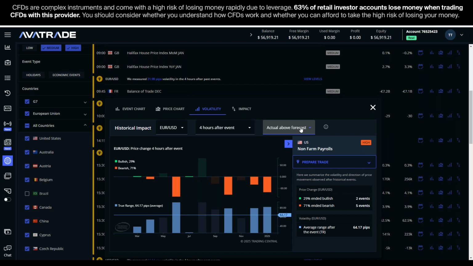But if the numbers come in better than expected, look at the reaction on through the past months. Okay, almost no movement up on the ones that didn't drop. Okay, this one here and this one here didn't drop, but they certainly didn't move up much either. And the ones that dropped huge, I mean, we're looking at a 64 pip average range movement, and almost all of that movement is down.